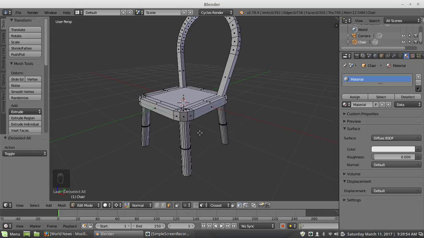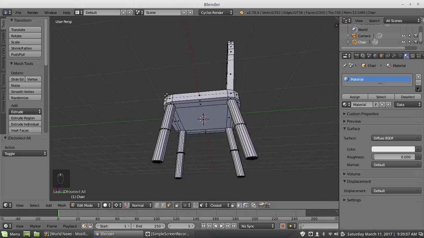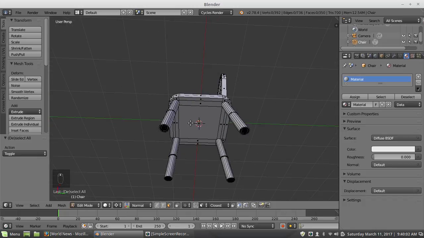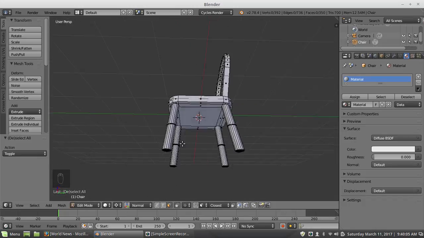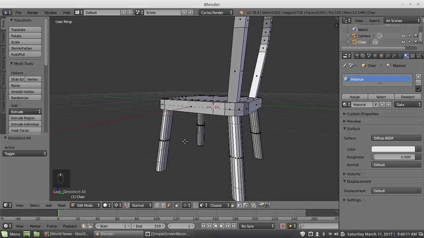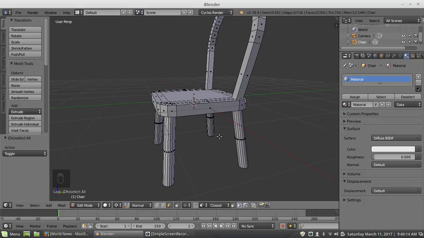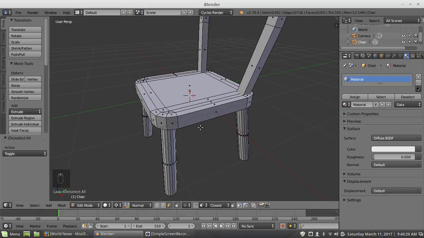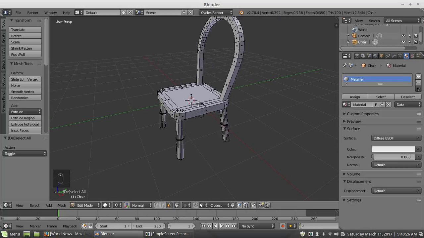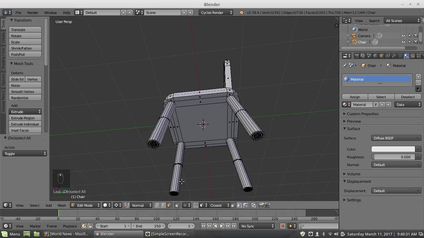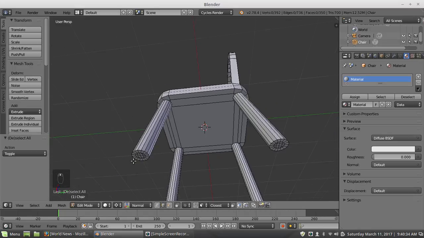Well, you know what I should have pointed out is when I made the legs, I could have prepped them for UV mapping, because that would have saved time. Anyhow, I can still do it because it's fast. I was just saying that if I marked the edges for split before I duplicated the legs, it would have saved me having to do it on all the legs. So when you're saving yourself steps and you're duplicating objects, try to think how many things can I get away with doing before I duplicate, so I don't have to go back and do it to all the things. In that case, it would be marking the edges for splits. But I'm just going to do it on the individual legs because I didn't think far enough ahead this time.